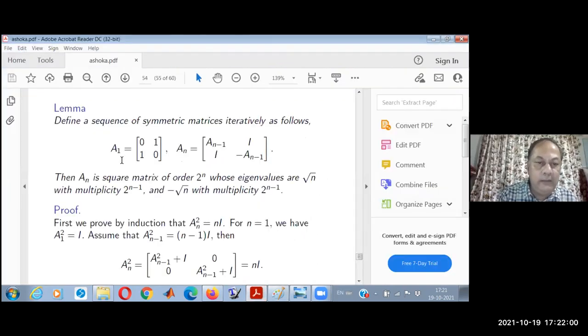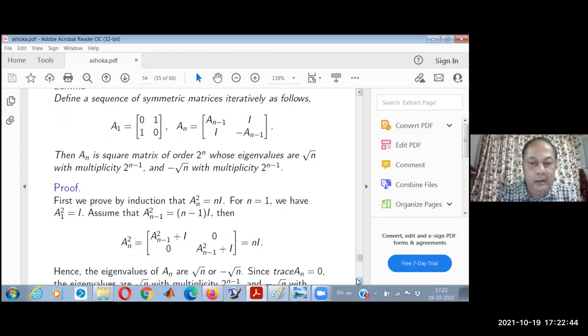Here is the first adjacency matrix of an edge. A simple edge is also a hypercube, 2 tuples of 0 and 1. So this is the basic adjacency matrix. Then to go to the next one, you just put a negative sign in this lower block. That's all the signing you have to do. So this almost looks like the adjacency matrix, but I have put a negative sign. Recursively, the negative signs will keep growing, and you will get the matrix of a signed graph. Fortunately, the eigenvalues of this are extremely easy to determine because the square of that turns out to be n times identity. Just multiply.